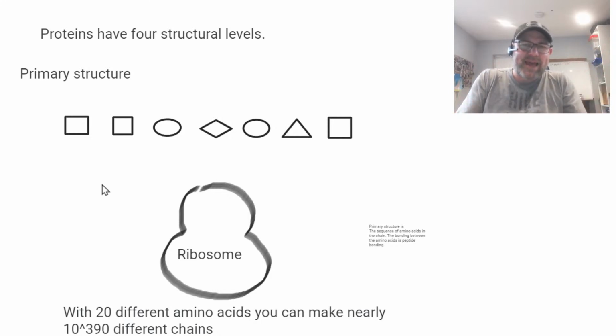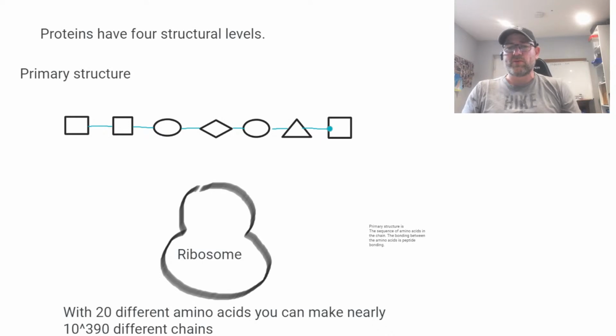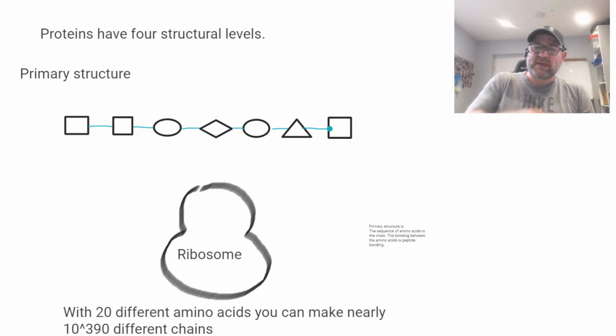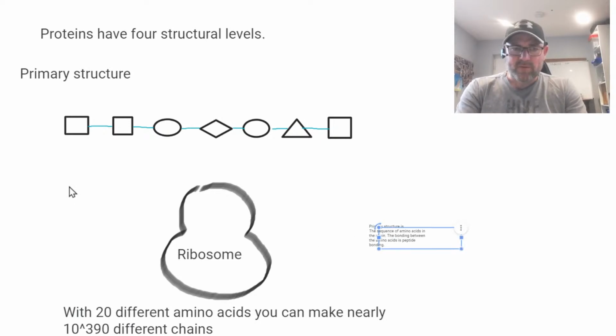When we finish with translation, which happens after transcription, it happens on the ribosome, and all the tRNA molecules have moved off, and the mRNA's gone off to be digested. We're left with different amino acids. These squares and circles represent amino acids and these weird shapes. Obviously 20 different shapes, and proteins would normally have 50 amino acids, but that would take me too long to draw them all out. So if we imagine these are different amino acids together in a chain, they make a protein. Now the specific order is known as the primary structure. So what we say is that the specific order of the amino acids